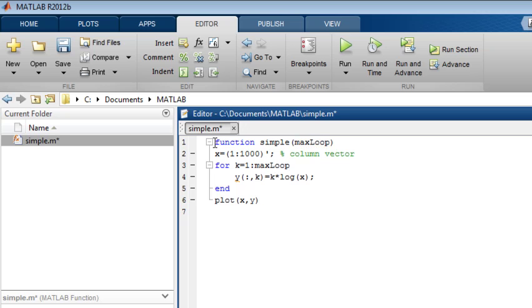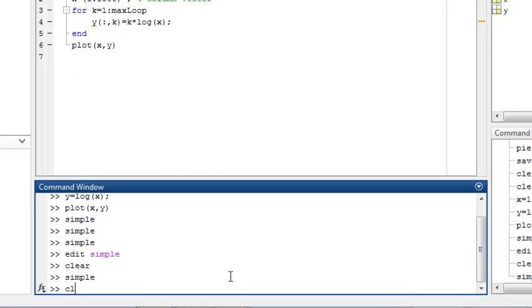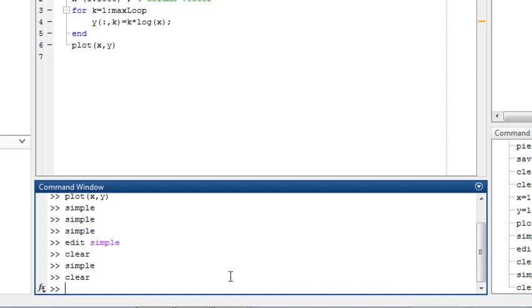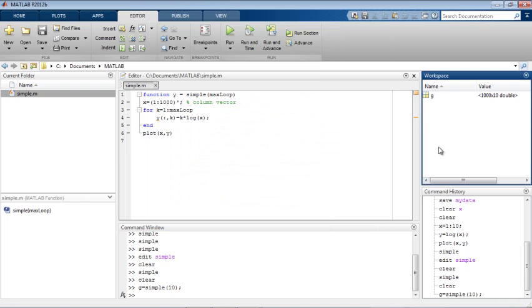You can also optionally specify one or more output arguments. We will save it, clear our workspace, then call our function assigning the result to a variable g and specifying an input argument of 10. Here we see that there are 10 lines on the plot, and g is the only variable returned to the Matlab base workspace. You can call a Matlab function or script from another function or script, allowing you to create